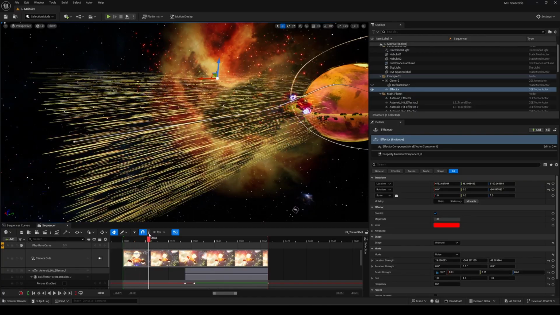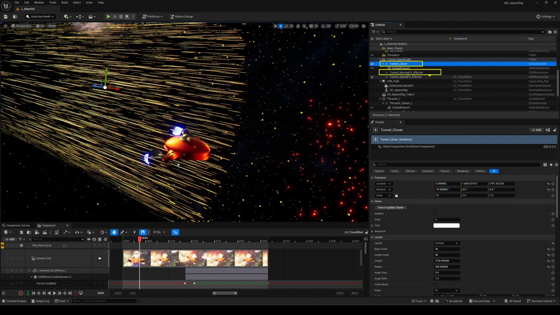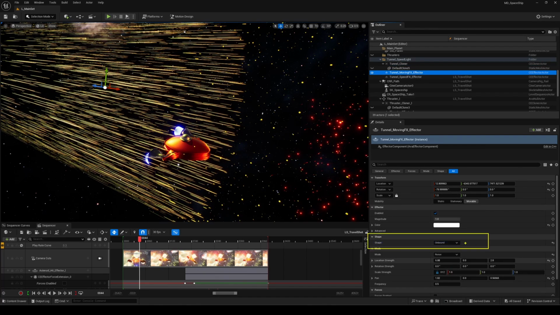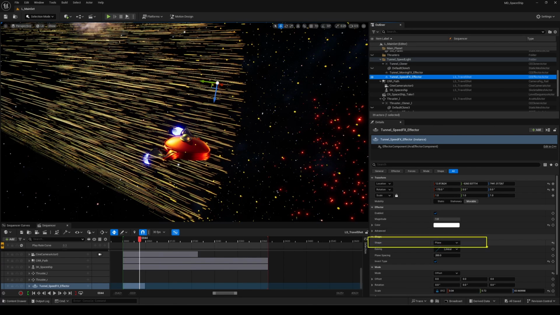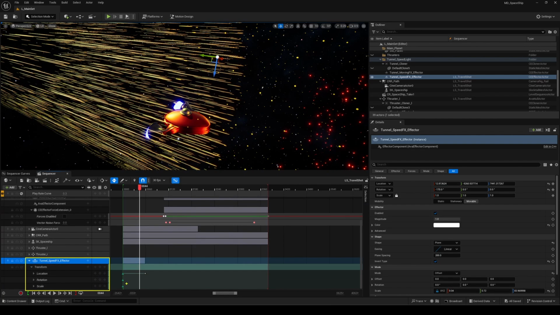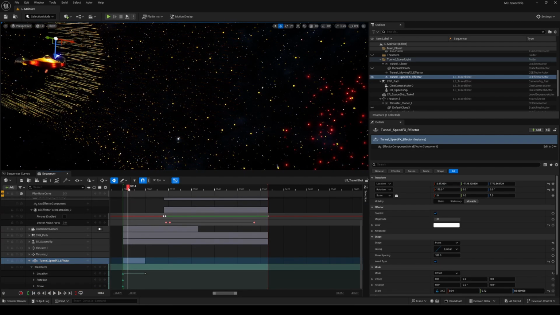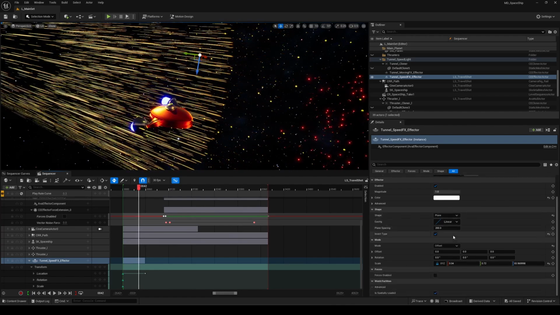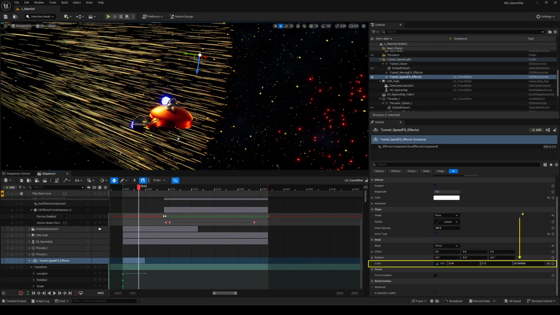Now that you understand the basics of cloners and effectors, we can dive into the other examples I built for this scene, starting with the tunnel and the asteroid belt. For the tunnel, I used a cylinder-type cloner combined with two effectors to achieve the overall animation. As the sequence progresses, the cloner gets gradually distorted through the scale transform. One effector controls the general motion effects, and in this case, I used the unbound shape, meaning it affects the entire cloner globally without needing a specific position. For the speed effect, something reminiscent of Star Wars, I used a plane-shaped effector.